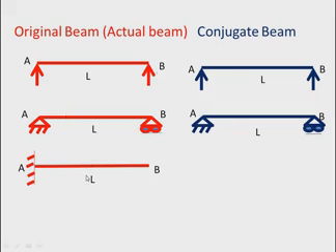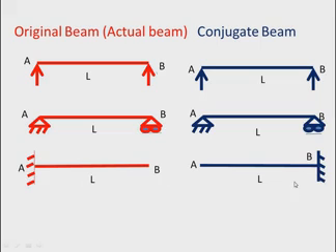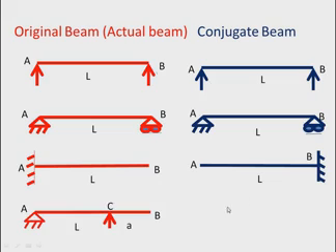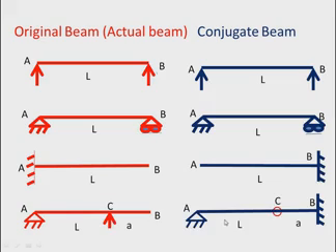But when you take the cantilever, here it is a span L. If you take the conjugate beam, the fixed end will become a free end, whereas the free end will become a fixed end, but the length remains the same. And similarly, if you take another example, it is an overhanging beam. It has an internal support, that is, the internal support is here C, B is the free end, and A is a hinge support. If you go for the conjugate beam, that hinge remains a hinge. The internal support becomes an internal hinge here.